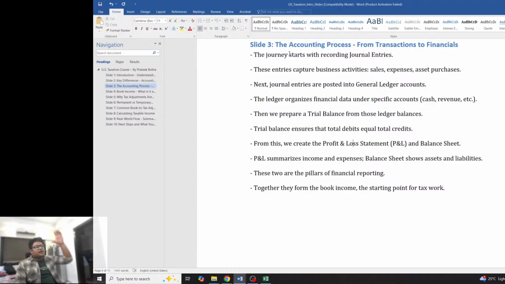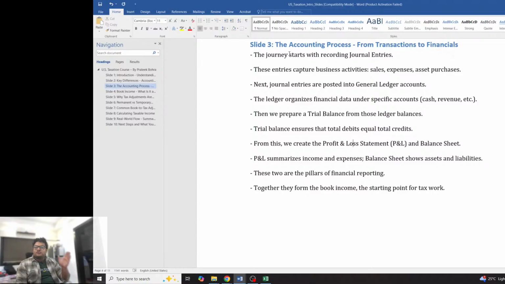General ledger is a ledger where all your journal entries will be recorded. As a journal entry is a two-sided entry, there will be a debit side and a credit side. So every journal entry is going to impact two general ledgers at the same time. Once you record all the general ledgers, whatever is the ending balance of that general ledger will get posted to your trial balance. Trial balance is nothing but the ending balances of all the general ledgers which have any activity made during the year.